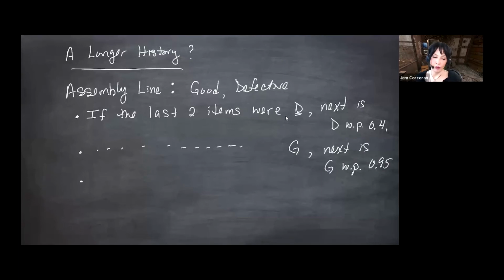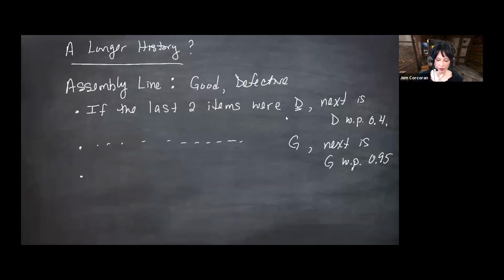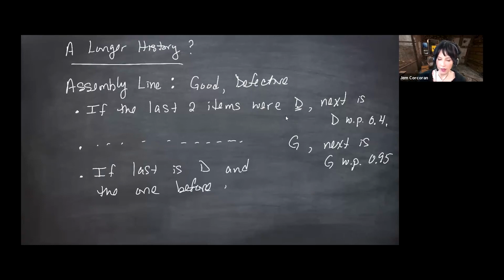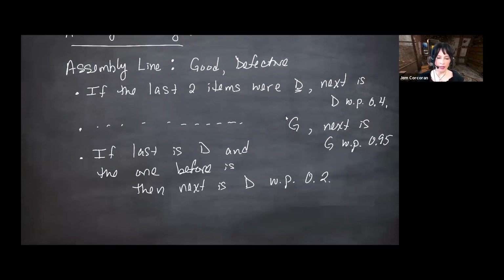And then, don't worry, I only have 4 bullets here. So if the last is defective and the one before that is good, then I'm going to say that the next one is defective with probability 0.2. Okay, and then my final one. You'll get this when I type it up, but I'm sorry it's so sloppy. The next one is, I'm copying the line just above me. The last one is good, and the one before that is,